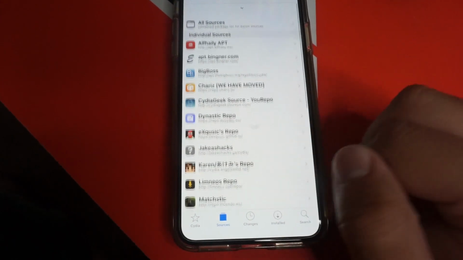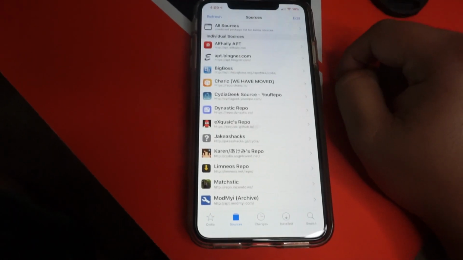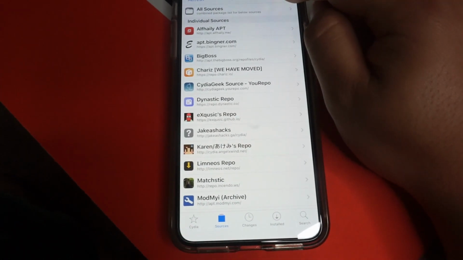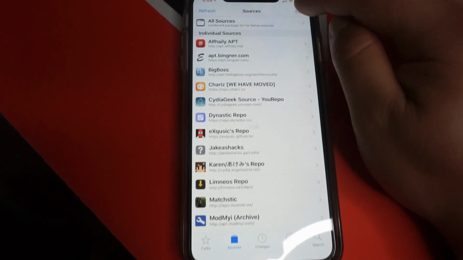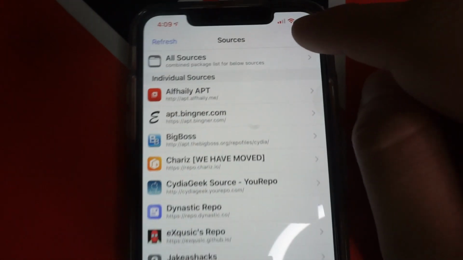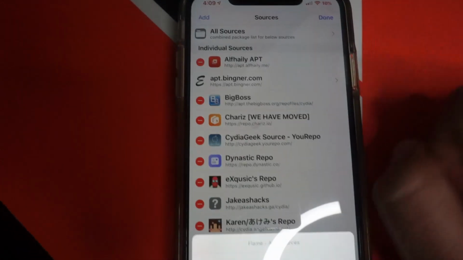Again, I'll put some of these repos in the description below. When you want to add any of the repos that are listed below, you simply go up here to where it says edit, click edit, and then you click on where it says add. And then